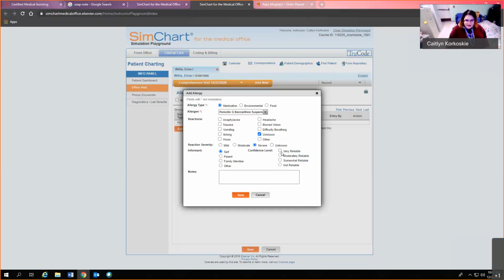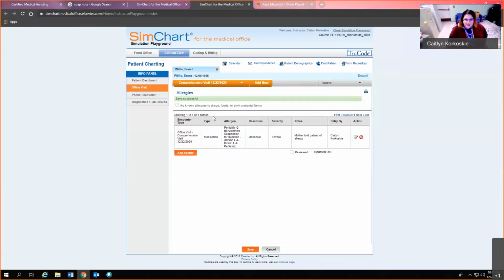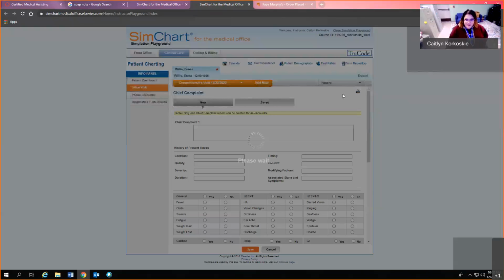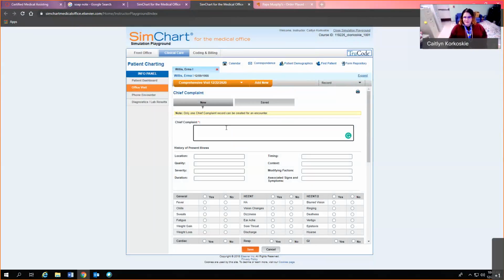And you can put in here if they're somewhat reliable, which is what we're going to put, somewhat reliable, because they just said, oh, my mother told me this. So you would put mother told patient of allergy. Okay, perfect. So now we're going to go in here and type in their chief complaint. So we're just going to say this patient is here